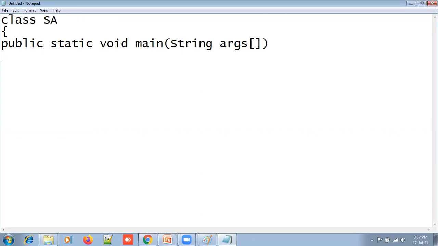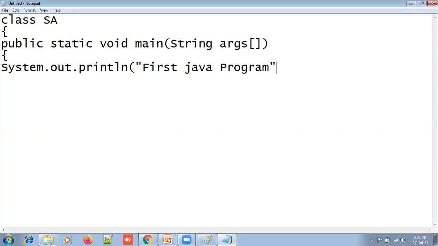Then System.out.println, and here I write first Java program. Just close the main method and close the class. This is my first program.